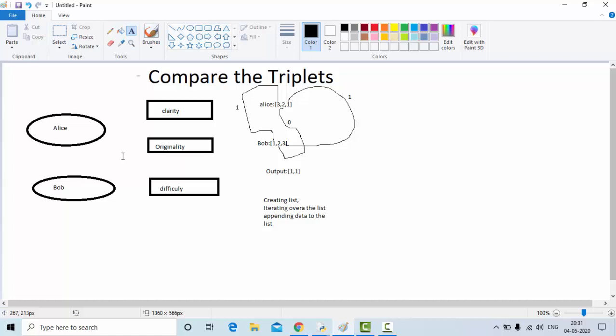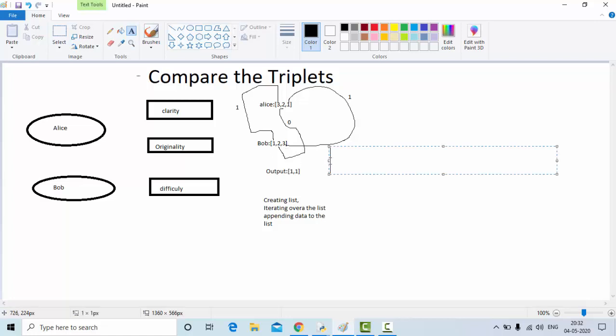So there were two young guys, one is Alice and the other is Bob, and these two guys have developed a problem. Now as a reviewer, you should rate this problem based on these three parameters: clarity, originality and difficulty level. So let's say I am the reviewer and Alice had developed a problem. I have given her the marks 3, 2, 1: 3 for the clarity, 2 for the originality, 1 for the difficulty level. In a similar way, for Bob, I have given 1, 2, 3: 1 for the clarity of the problem, second is originality, and difficulty as 3.